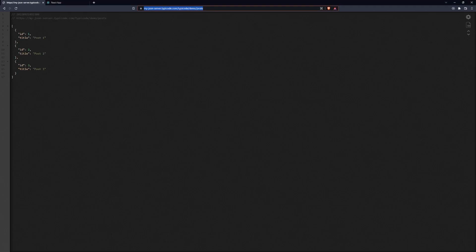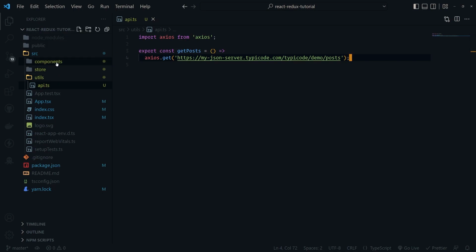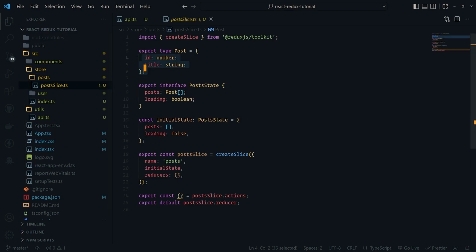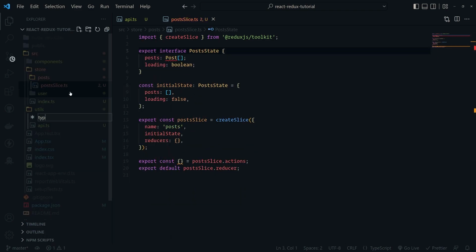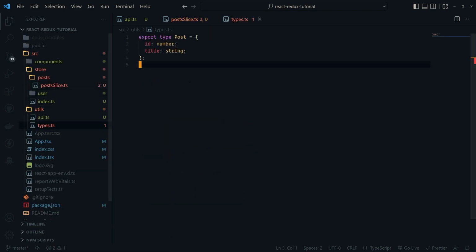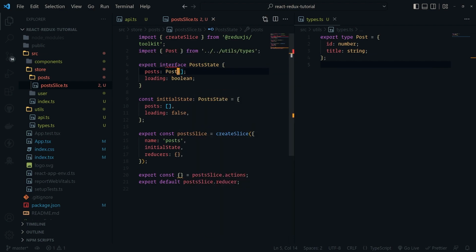And now we know that this response is an array of posts, and we've already created that type inside here, export type Post. So let me also just take this and put it inside a file called types.ts, and all the code will be in a GitHub repository for you all, so don't worry. And let me just also import that. Okay,